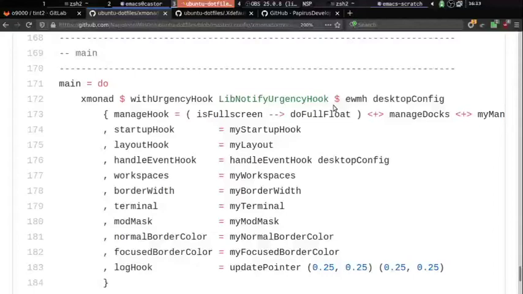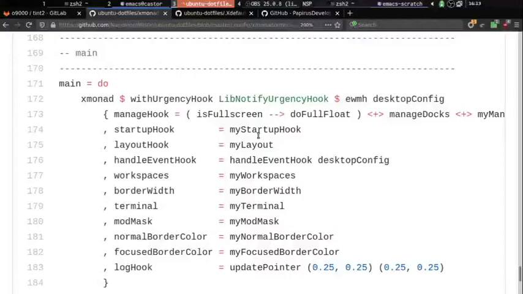And what this means is that if you're using something like WeeChat, an IRC client in the terminal, and you're on a different desktop and someone mentions your name, you'll get a pop-up. You'll get a nice notification saying, oh, so-and-so's talking to you. You can switch back to WeeChat, which is really convenient so that you don't miss any messages. So that's what you need to do, in your main configuration, you need to set up EWMH desktop, and